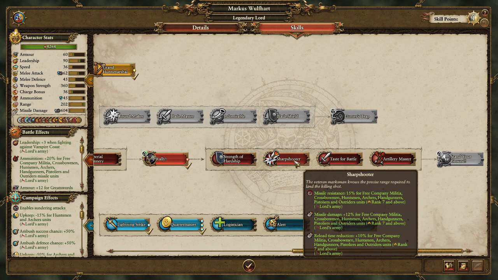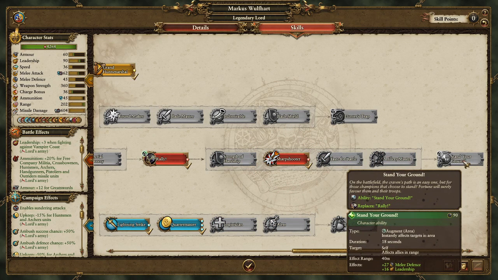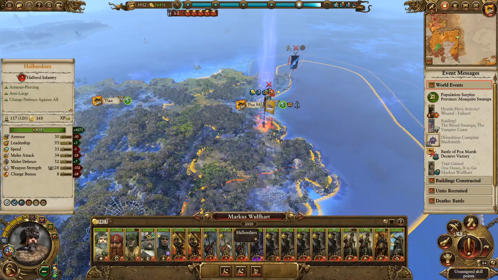It's as if our huntsmen are going to be using little shields now. They're going to have another 12% missile damage and then a reload time reduction, which usually translates into missile damage. And now we can get Stand Your Ground as well, which gives melee defense as well as leadership. It's just a way better version of Rally. So